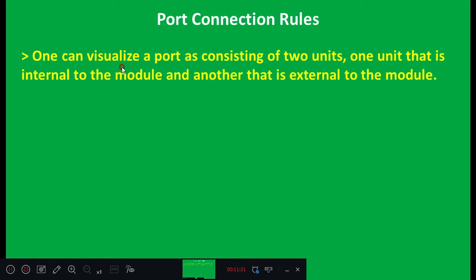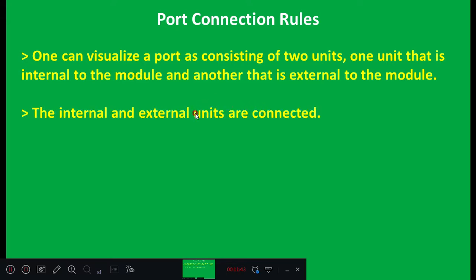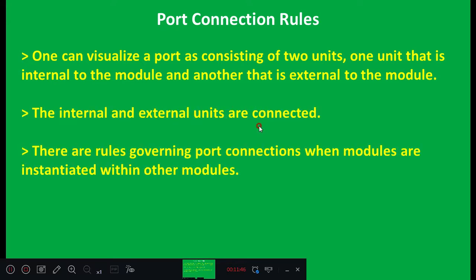Port connection rules. One can visualize a port as consisting of two units, one unit that is internal to the module and another that is external to the module. The internal and external units are connected. There are rules governing port connections when modules are instantiated within other modules.